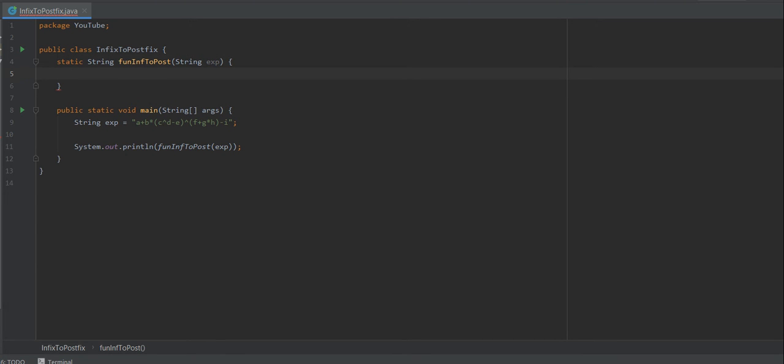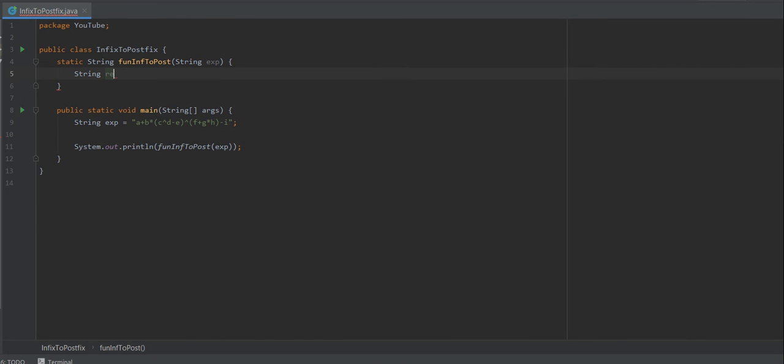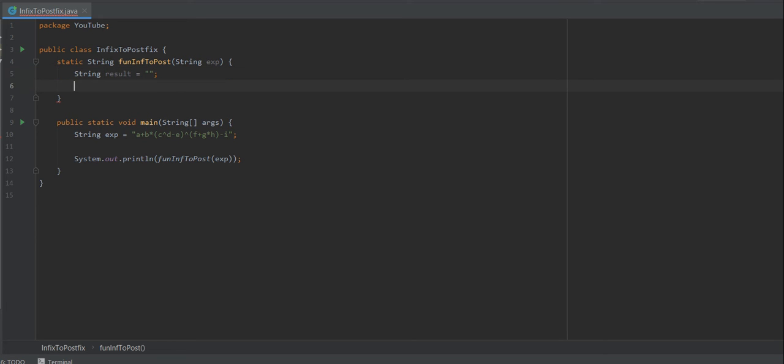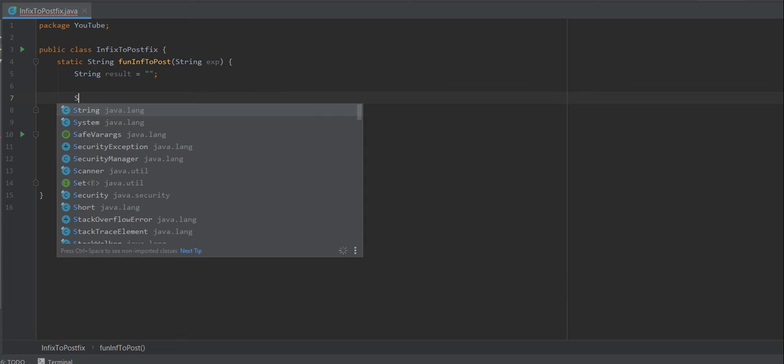Now in the example there was output, so as the output I am going to take result. This will be the output, and at the initial position it is the empty string. Now as we know, in this process a stack data structure is used. So I am creating a stack